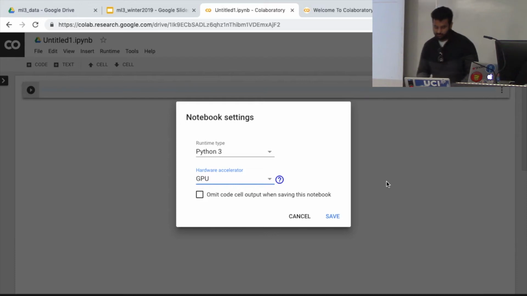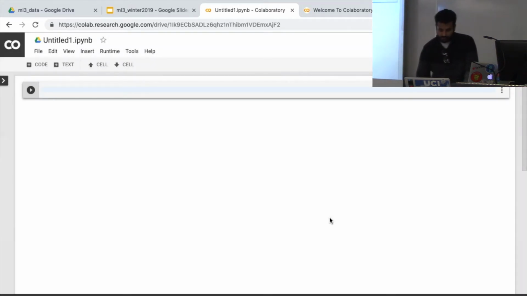So GPU would help you get it done faster. Just go over here, save, and if you want,